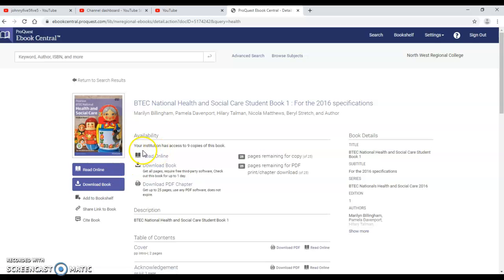I talk about licenses. Here it says availability. Your institution has access to 9 copies of this book, so there's 9 licenses for this book. Some of them are unlimited access and some of them we have maybe only 3 copies or 1 copy. In that case you might get a message which says all 3 licenses are in use, please try again later. That's unlikely to happen if there's 9 copies, but just so you know, that's what it means if you get it. So if you click read online,